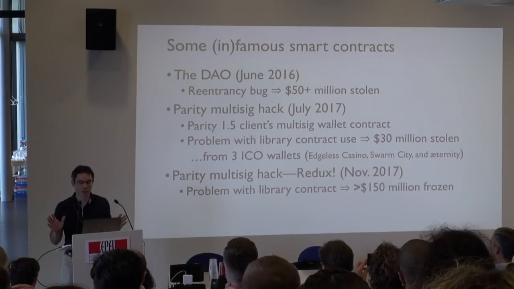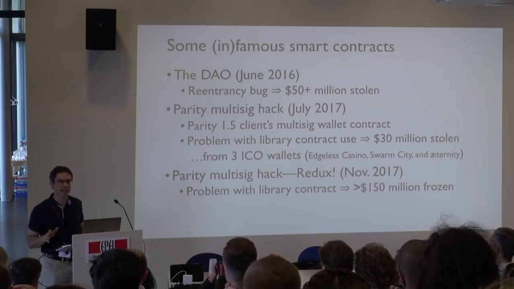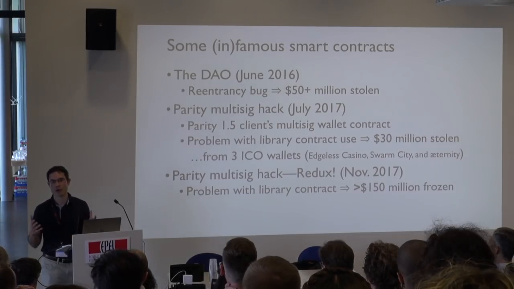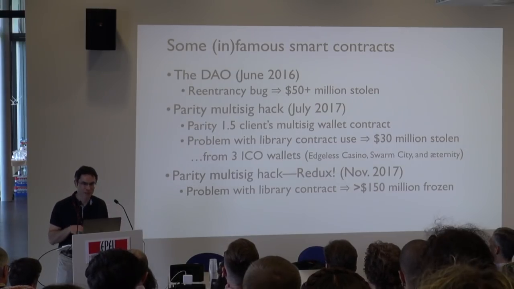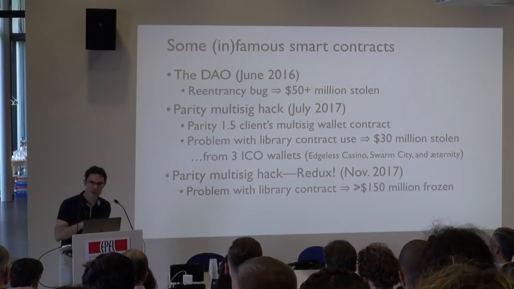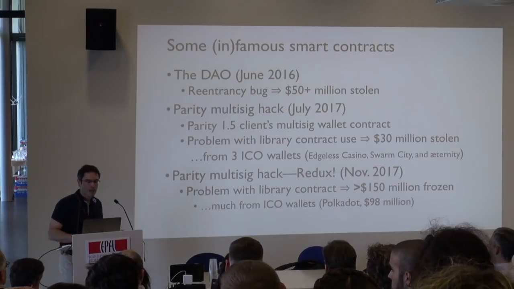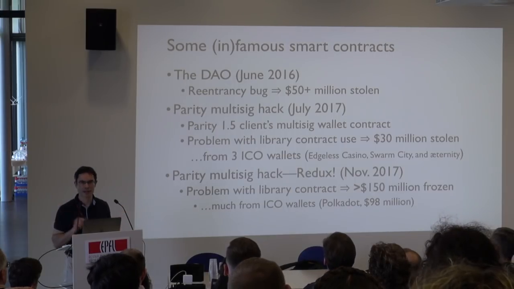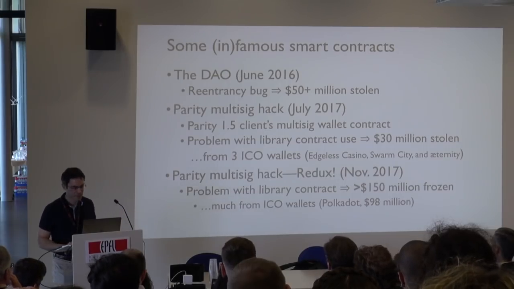To give you some sense of perspective here, by the way, the biggest bank robbery in the US took place in 1997. This was the infamous Dunbar armored car robbery, where about $19 million at the time, today worth a little less than $30 million, was stolen. So these are pretty massive thefts in the grand scheme of things. And I'll have occasion to reference them again a little later in the talk. These are just the tip of the iceberg. There have been innumerable smart contract hacks, and a large fraction of the smart contracts deployed today have vulnerabilities that are more or less serious.